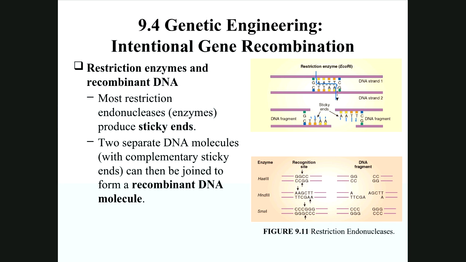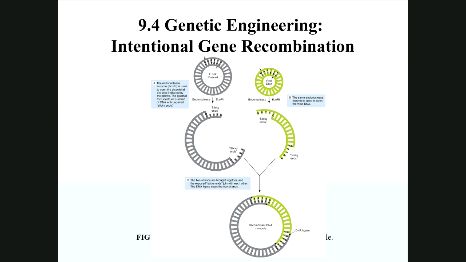Okay, this is what we're looking at here. So this was our original E. coli plasmid here, and this is what we want to put into it, a piece of a virus's DNA. So we will open up the bacterial DNA in the gray, creating these sticky ends here and here, and then put the viral DNA, just click it into place, and it will create a whole new bacteria that now has this viral DNA in it. So we use this for all sorts of crazy things. Like we can have bacteria make